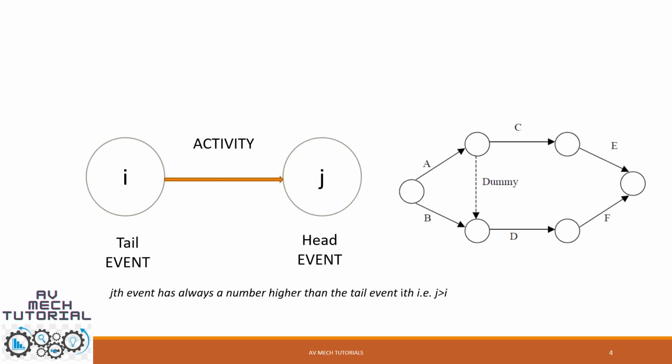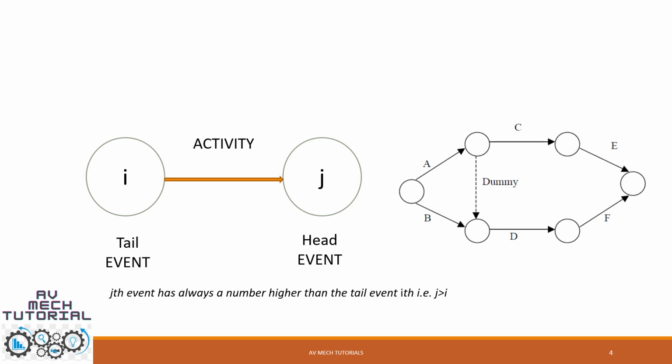Now let us understand what an activity and an event are, and the difference between them. An activity is a physically identifiable part of the project which requires time and resources for its execution. An activity is represented by an arrow. The tail represents the start, whereas the head represents the finish of the activity. Now, as we have talked about the start and the end, there comes the event. The beginning and the end points of activities are called events or nodes. An event is a point in time and does not consume any resources. It is represented by circles.